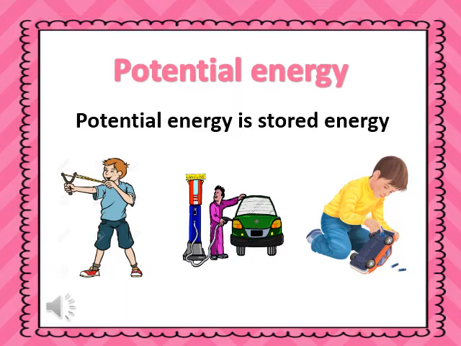Now the second one, the man filling fuel in the car. So the car stores the energy before it moves. He stores fuel in his car. It's a potential energy. The third one is the boy using a battery for his toy car. The battery gives the energy to his toy car, but the batteries are stored energy. The batteries store energy before you use it in the toy car.